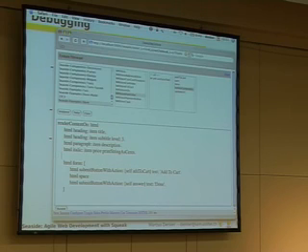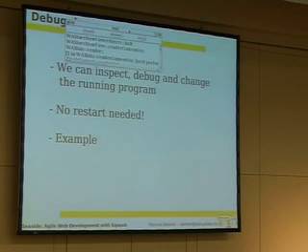Let's do an error here. Okay, so we got an error, so our application blocks, and on our development environment,